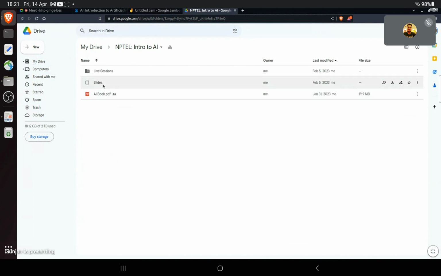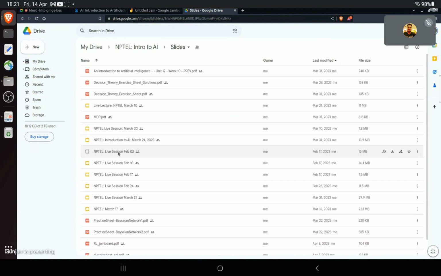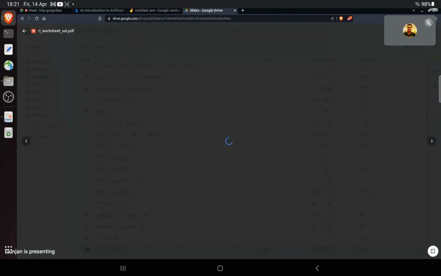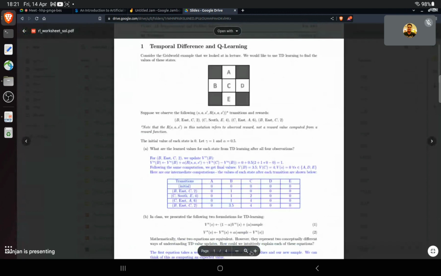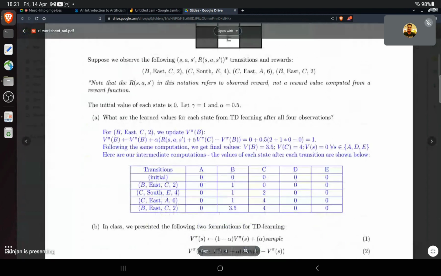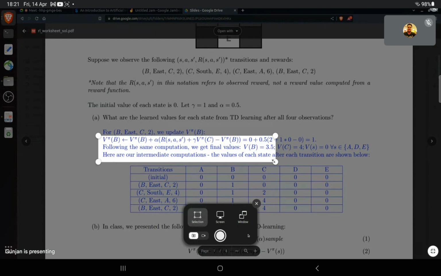We did solve a question like this in the last lecture, right? We saw this question. Those who did check out the course materials, it is very similar to what we did in this question. So essentially, we will be following this equation: v pi of b is equal to,